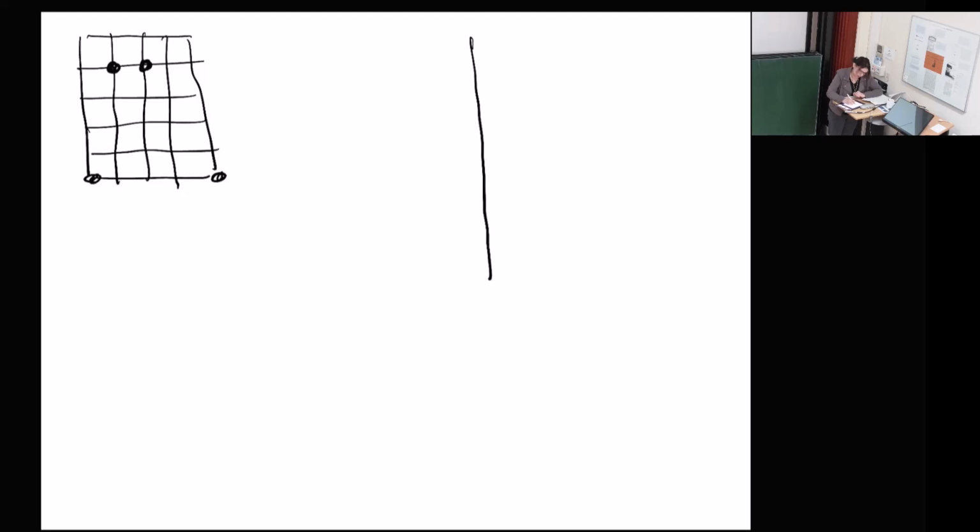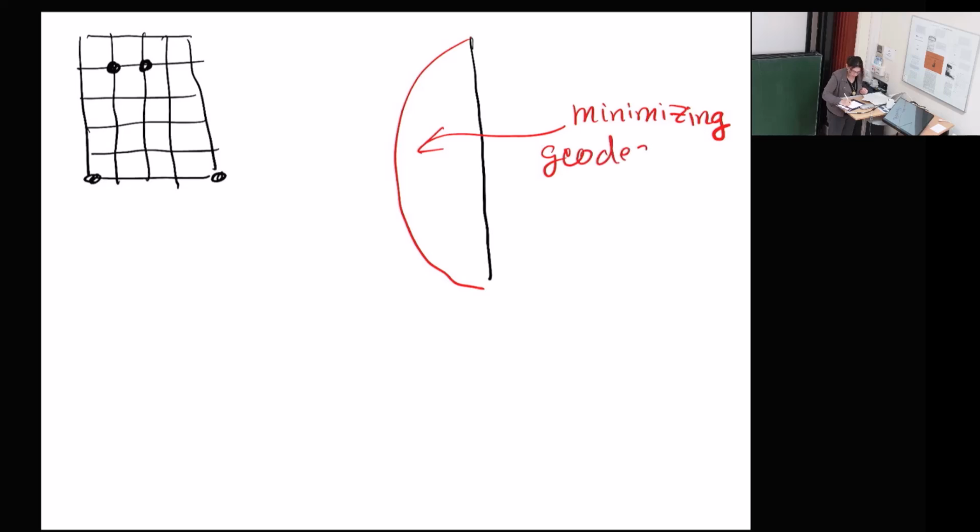What I'm going to replace it by is a minimizing geodesic. And of course, it's going to have length bounded by d, which is the diameter. Okay, so it's unclear what this minimizing geodesic has to do with the original curve. At this stage, nothing. But I'm going to note the following, that I can also construct a family of short